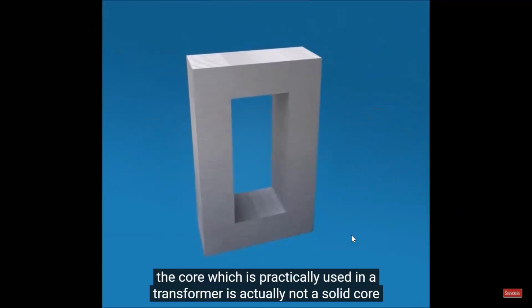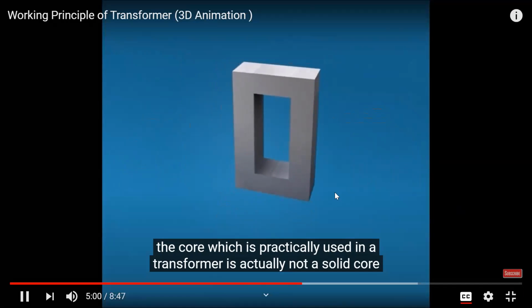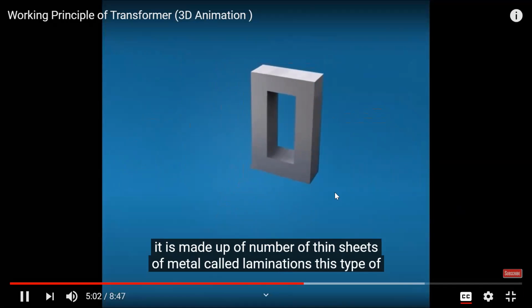The core which is practically used in a transformer is actually not a solid core. It is made up of